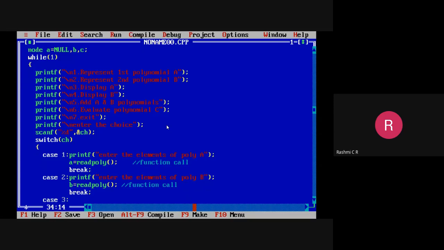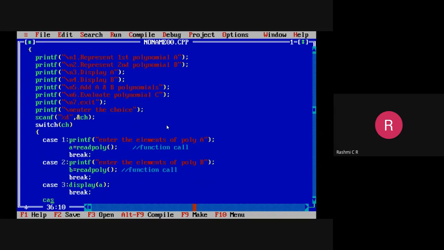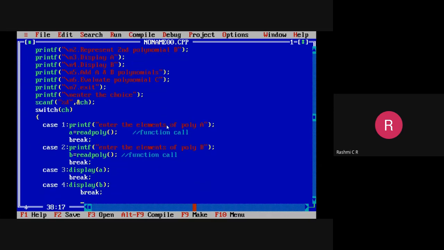Then case 3 is to display. I'll just call the display function with the input argument a, because we have to display a. That is case 3. Then come out of the case 3. What is case 4? Case 4 is to display polynomial b. Then just come out of that case.